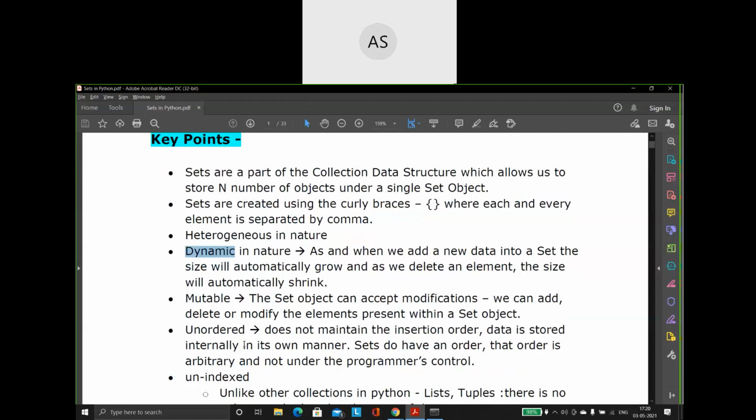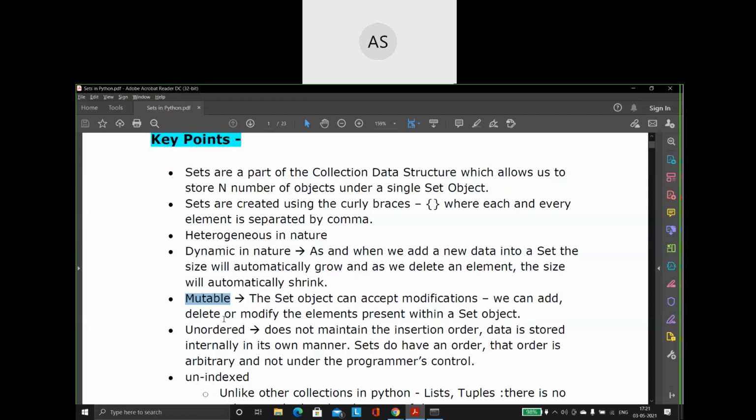Then another important point, it is mutable. Like lists, like dictionaries, sets are also mutable. That is, I can make modifications to my set data type. Once I want, I can add more elements to it. I can delete elements from it.